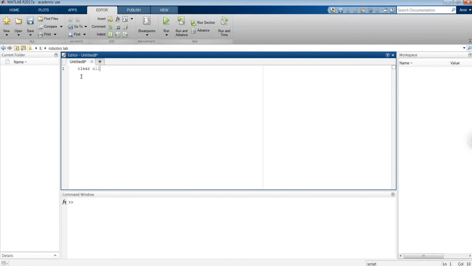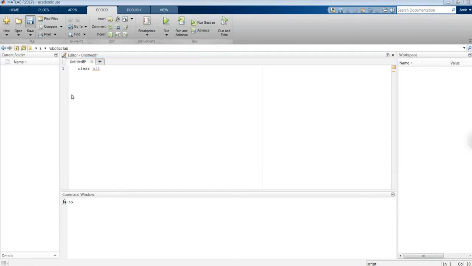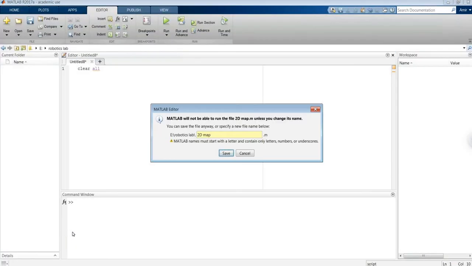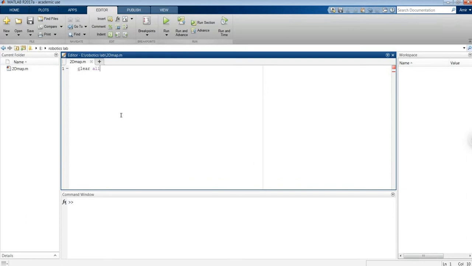We write clear all. So every time we run this code, we clear the saved variables. Let's also save this code and name it 2D map. Okay, so this is clear all, and after that we shall start with